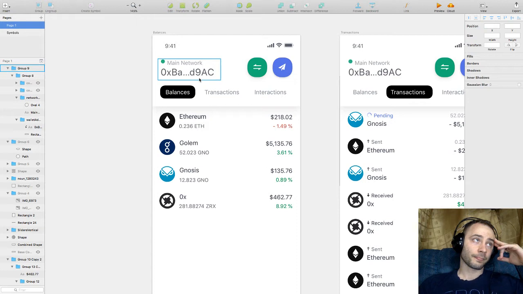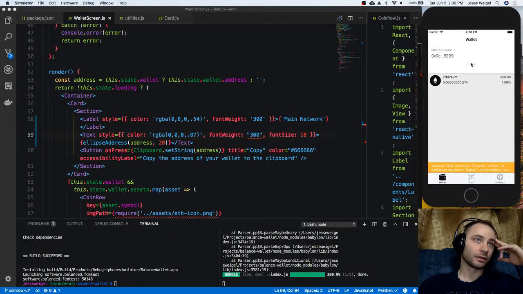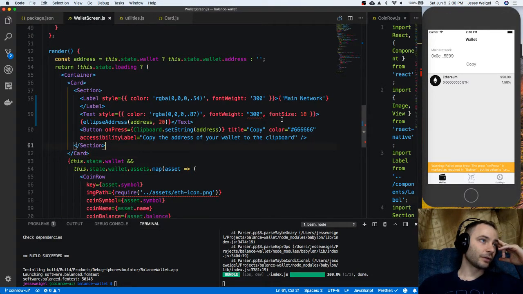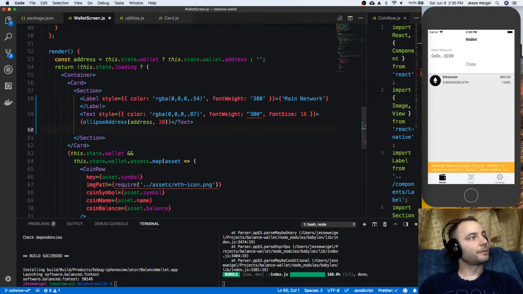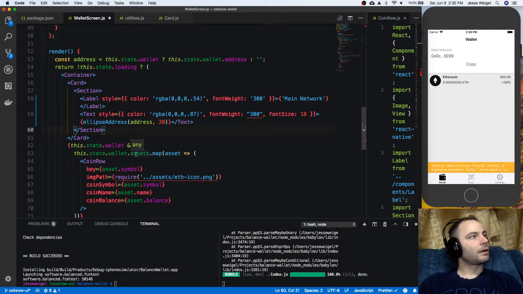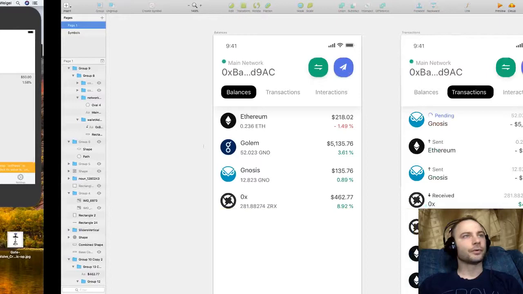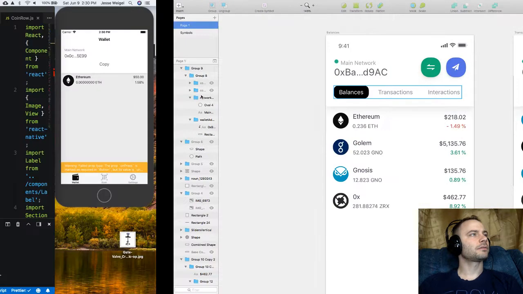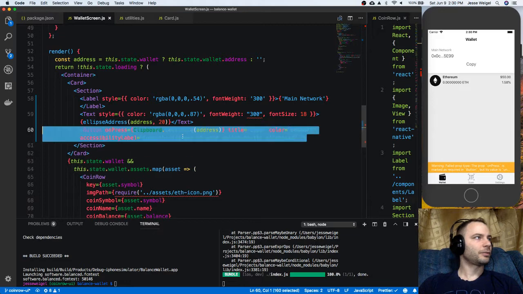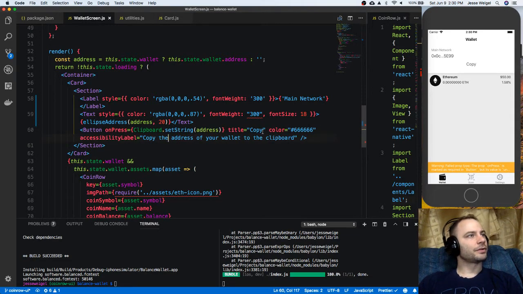And we could always figure out how to put it in later. Maybe it'll just be an icon to the side. But I definitely don't want this big copy right there. So I'm going to get rid of this, that whole button. But what we are going to do, let me see, balances, transactions, interactions. You know what, maybe let me put the button back in, but what we're going to do is